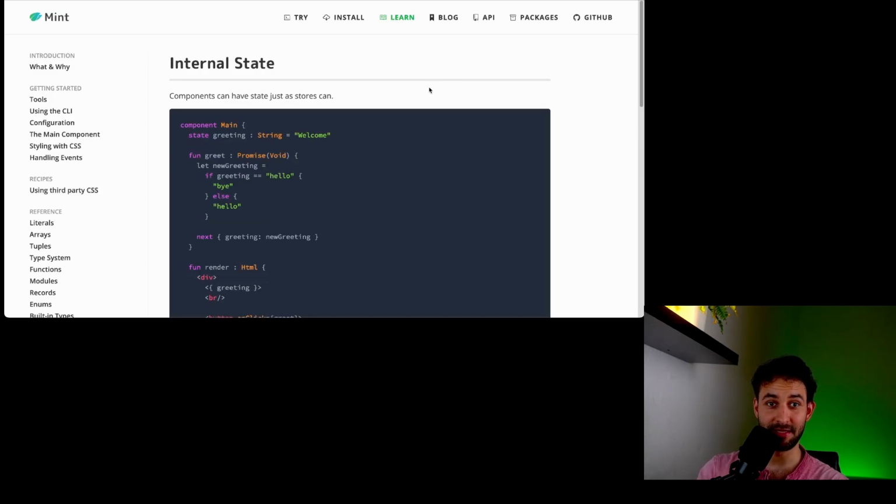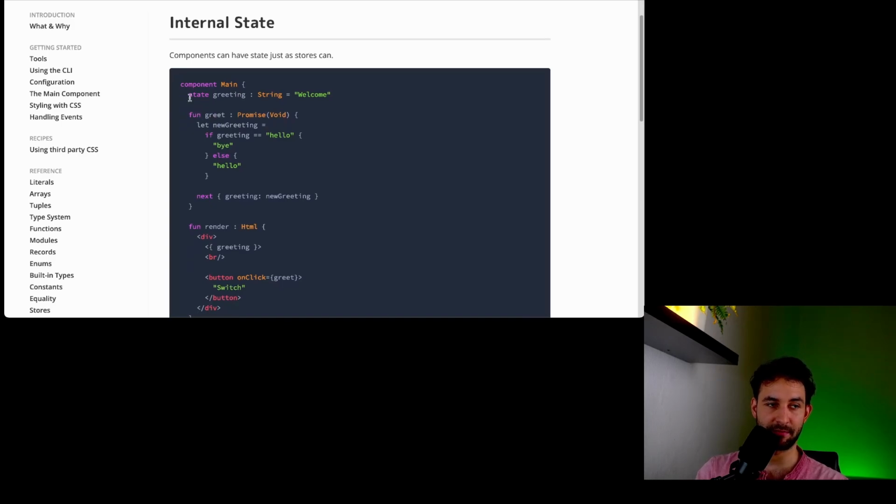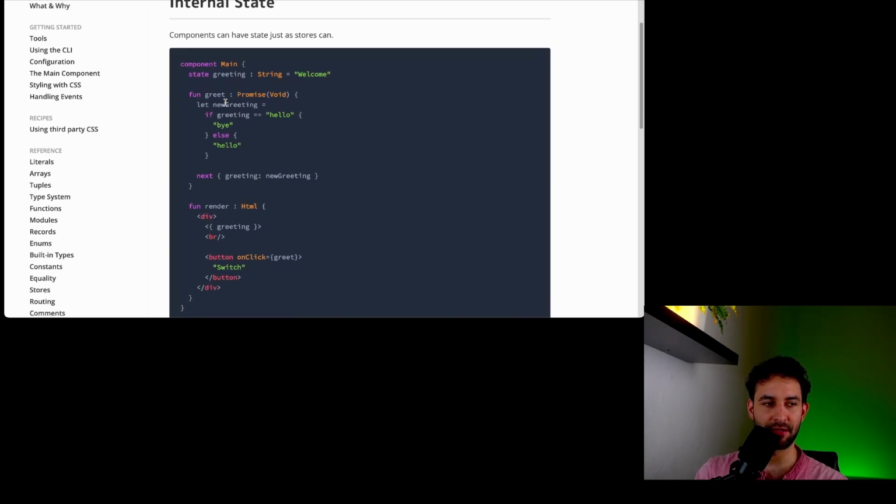And then I also think the internal state page here is super interesting. So you can have states that are part of components as well. And then you basically define functions that change this state, and you call them. This is very similar to what we also do in React, where we do have functions that we create and then we call them in some event handler or wherever. We can also define them in hooks, and return those functions from those hooks, call the hooks, and then call those functions wherever we need to in event handlers or other lifecycle functions wherever they may be needed.